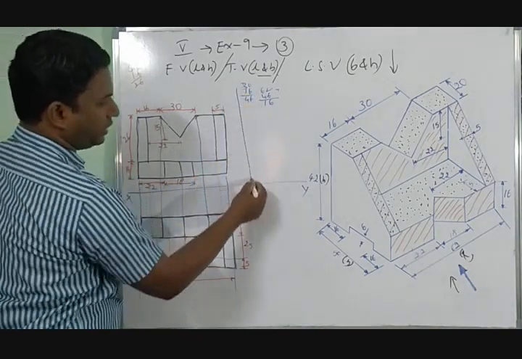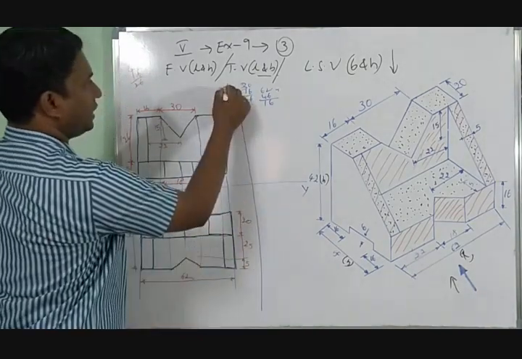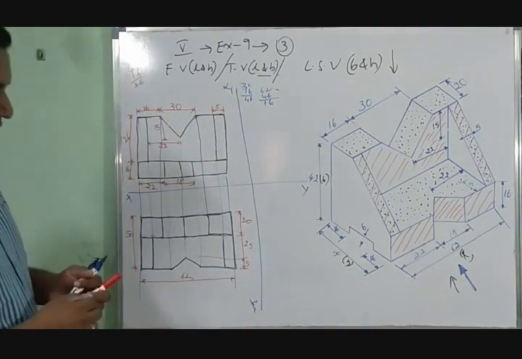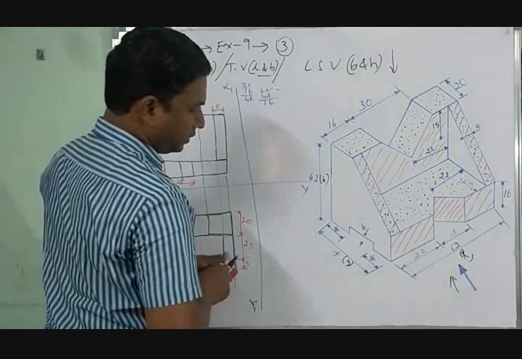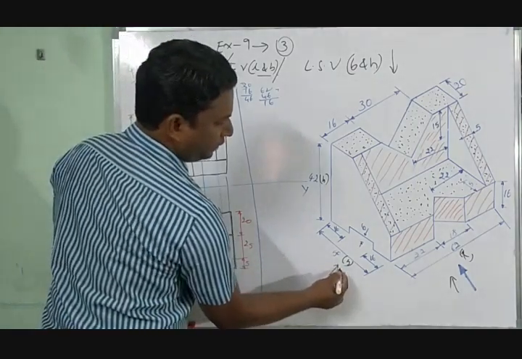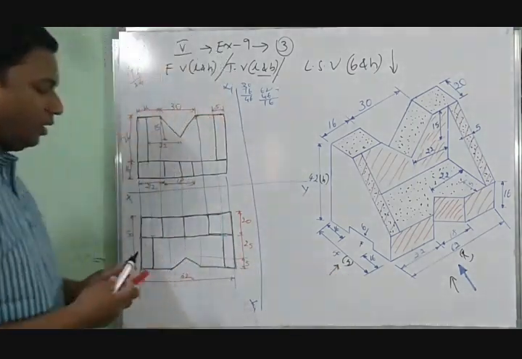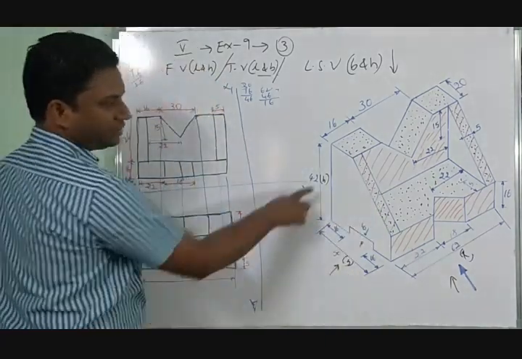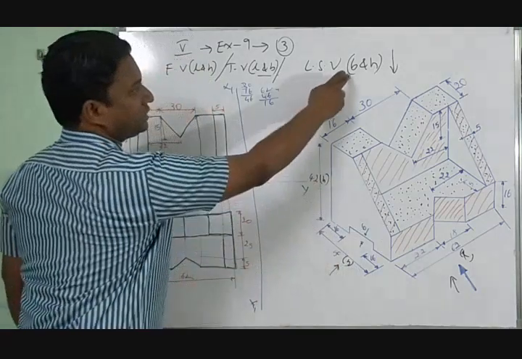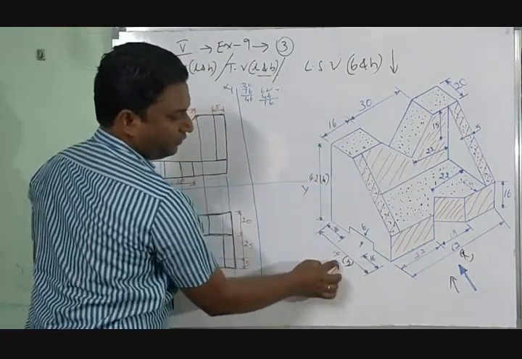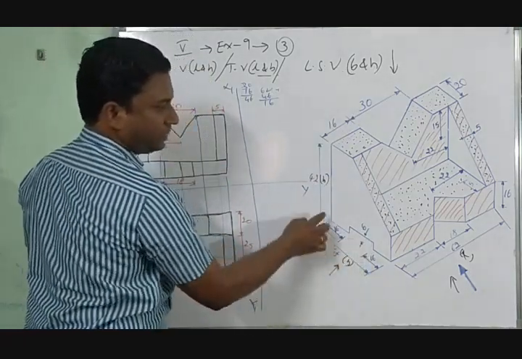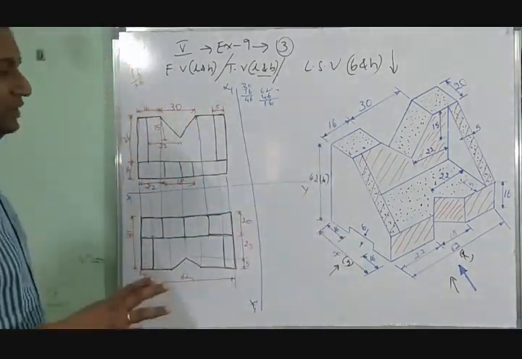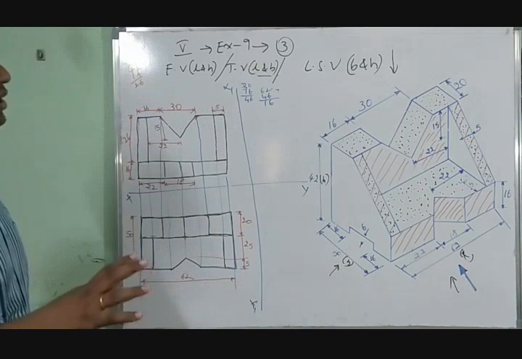Next one more, you know it. New reference line x1, y1, left side view. Left side view is nothing but when we are viewing it from here. When we are viewing it here, what are the things you can see? Simple, you can see breadth and height. Breadth of 50, but here having undercut in this, right? And height of 42. See, first of all I am drawing what are the things which you can view.